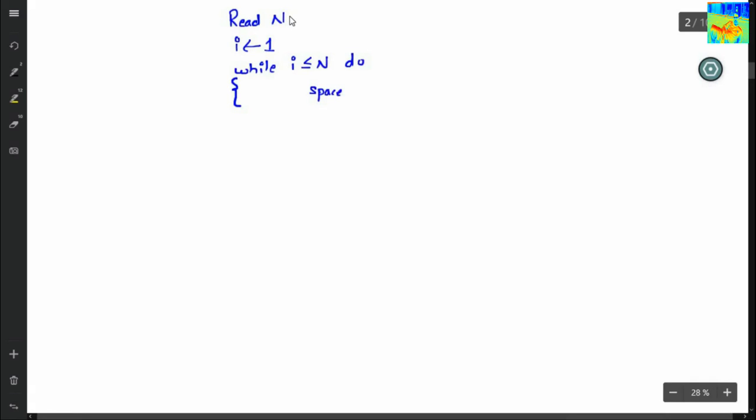Space equals 1, while space is less than or equals to, how many spaces do I have to print? I have to print n minus i spaces, do. What will I do? Print space. Space equals space plus 1.